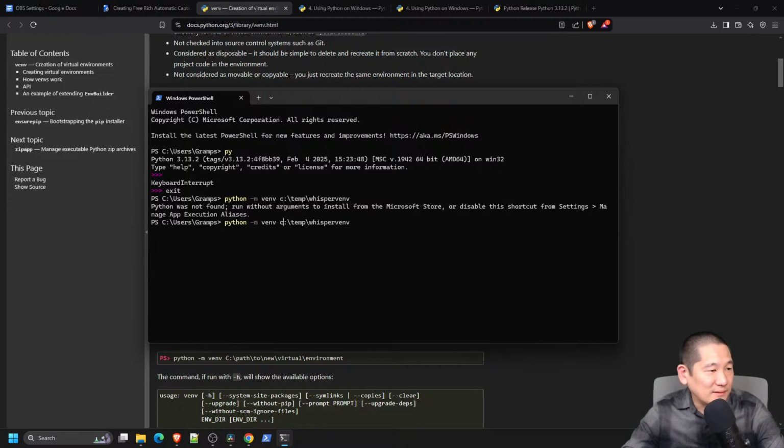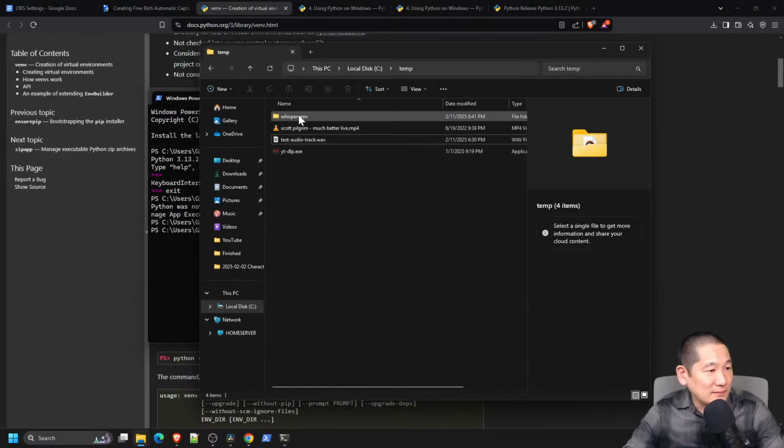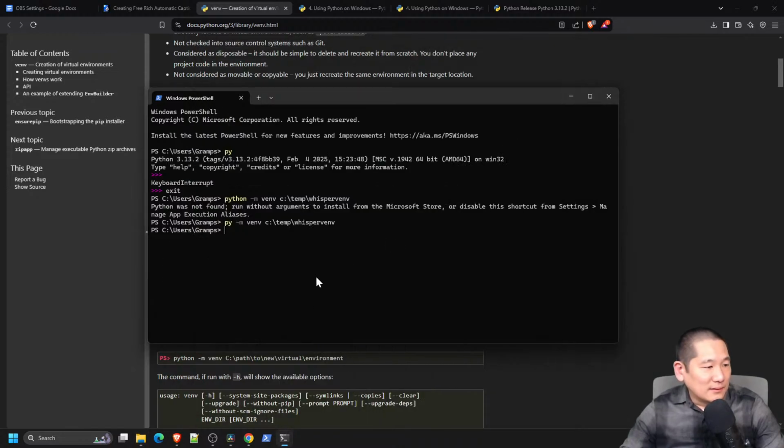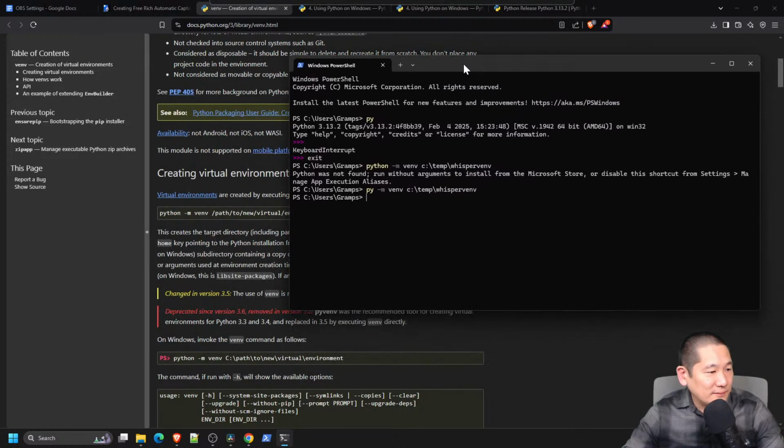Oh, that's why I needed to install that, I guess, into the path. Wait, so python doesn't work, but py does. Okay, that's just weird. All right, let's take a look at what it did here. Oh, yeah, totally did it. Okay, so